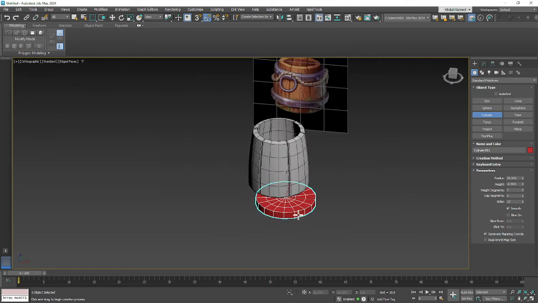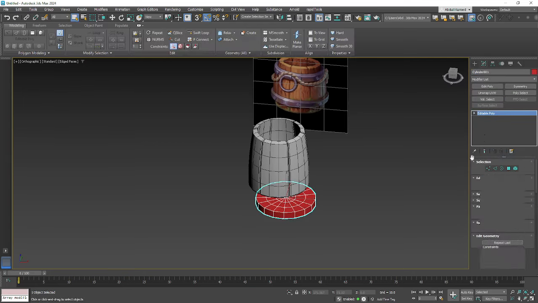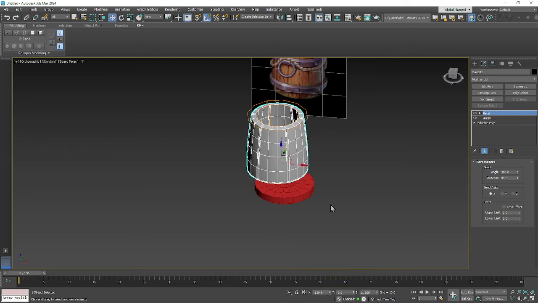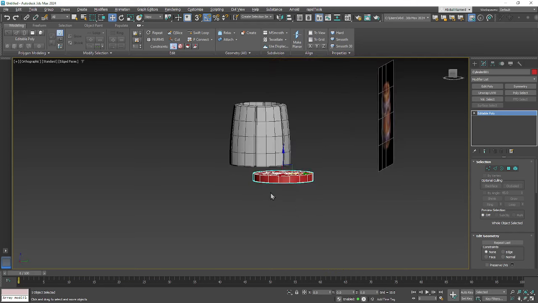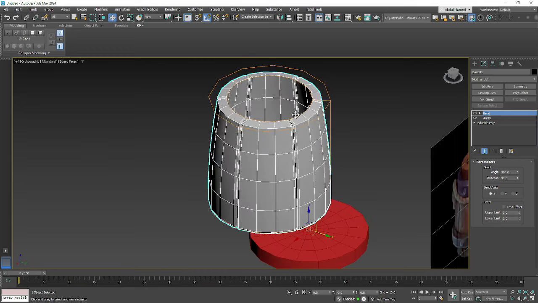So this is good. So let's convert that to an editable poly. Let's make sure this is centered. So we activate the transform tool and we just center this out. And the reason for that, when we center this, it matches with the object. As you can see, the only reason this is not centered well is because it is centered as the one wooden log without the modifiers. So if we add another edit poly on top of it,